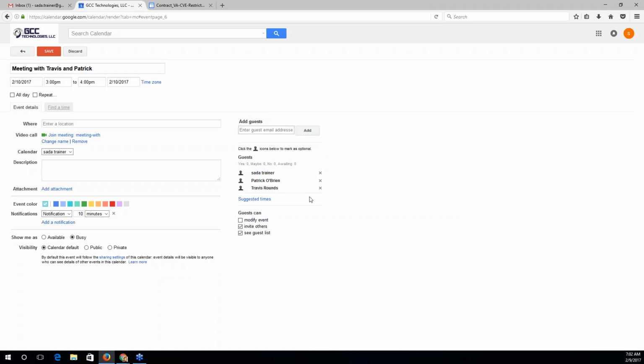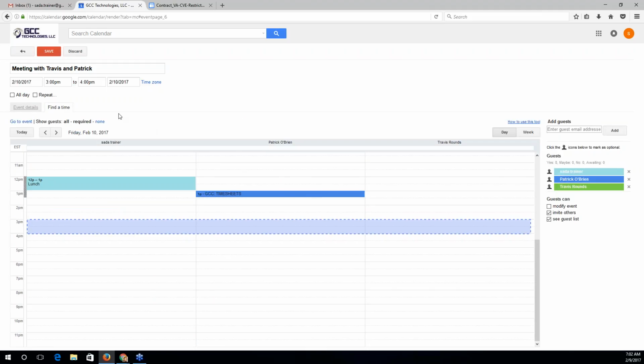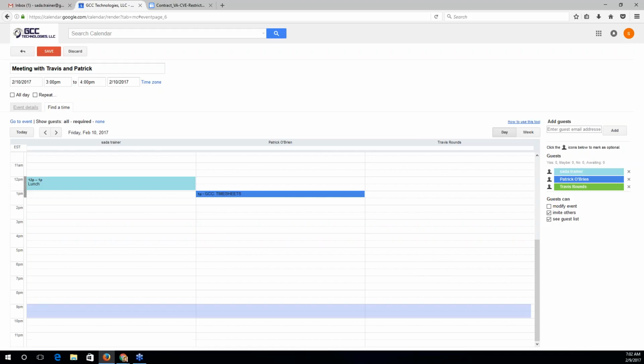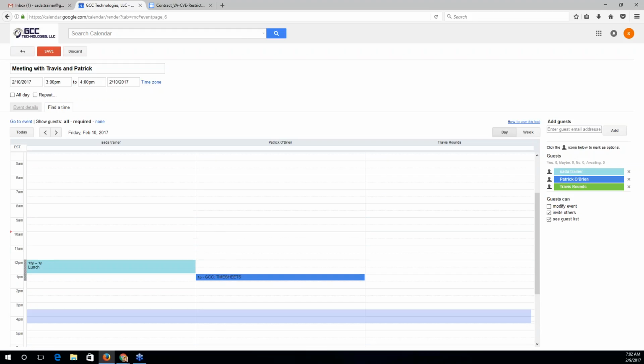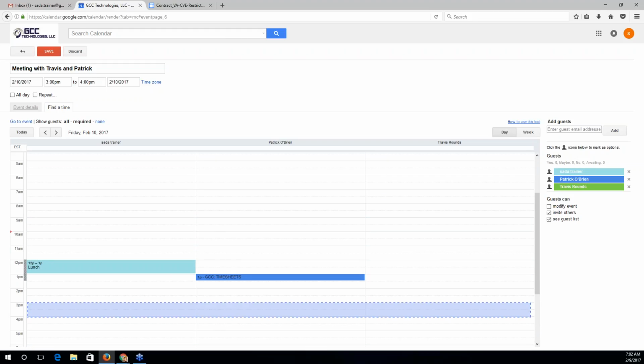Now that I have my guests picked out, note that in addition to the way of viewing their calendars overlapping, there are two other methods for checking their available time right from in this very window. And one of them is very similar to Outlook, and that's this Find a Time option. If I click on the Find a Time option, you'll see our calendars are lined up side by side. And using this blue bar, I can now drag this bar around to another time that maybe suits all of our schedules. Friday's pretty free, so it doesn't have to change, but the time will adjust at the top.